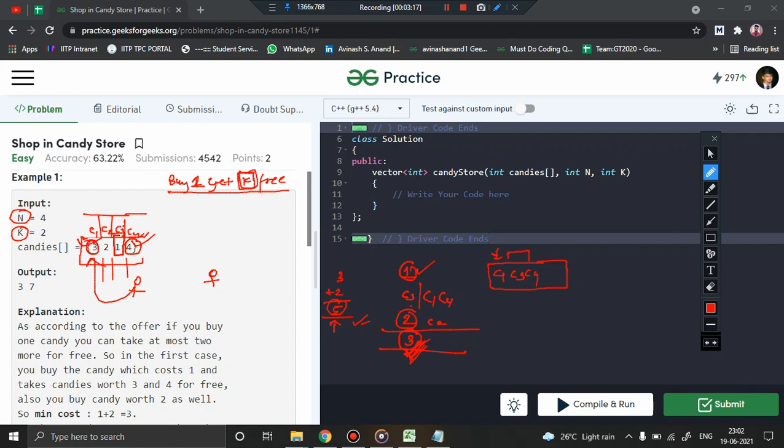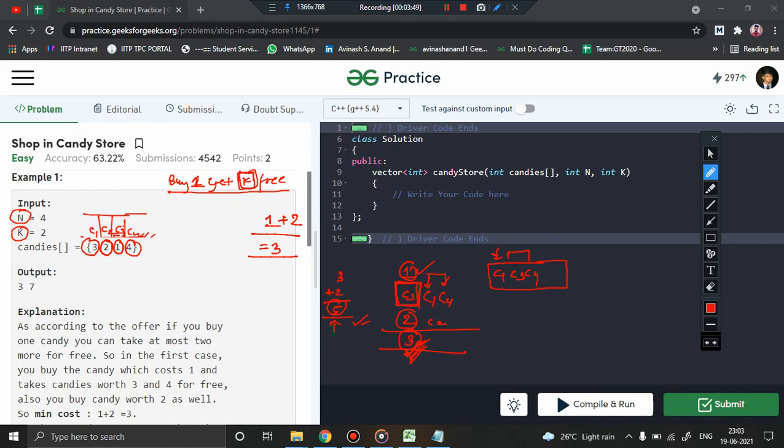If you pay attention, he picked up the smaller price candy first. He purchases only the smaller price candies, and whenever it comes to taking free offers, he picks up those with maximum values. So what did this gentleman do here? He picked up this candy 3 of smaller cost. He purchased this, and he was smart enough to take this candy and this candy for free. And then finally he has to purchase this candy 2. Totally he invested rupees 3 only.